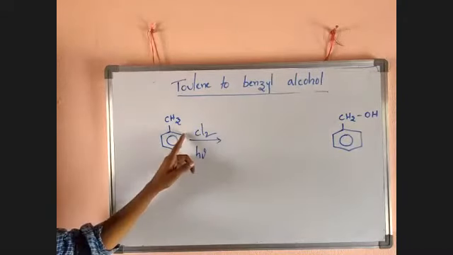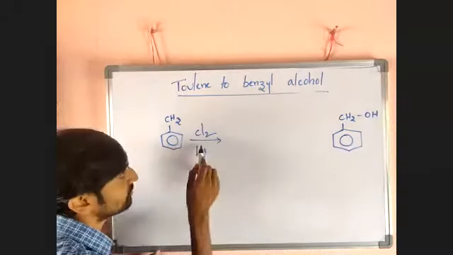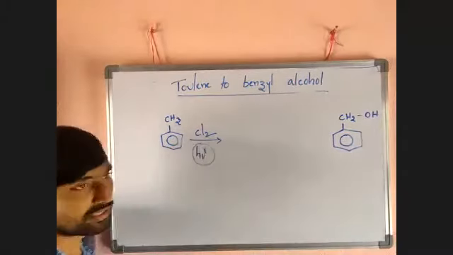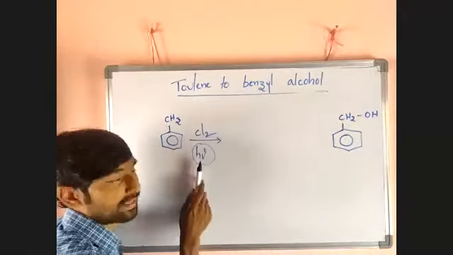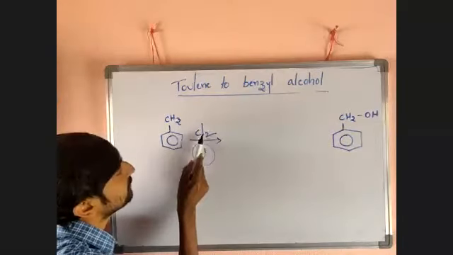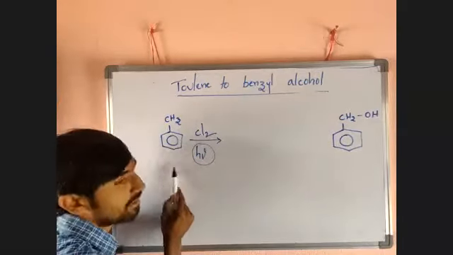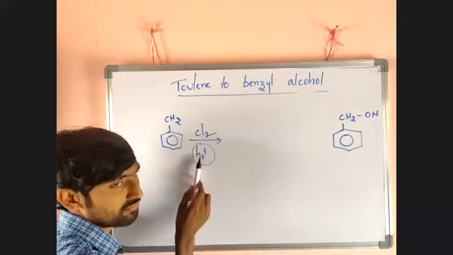It takes not at ortho, not at para. It is very important, guys. In presence of sunlight, or in presence of Lewis acid? Now, in the presence of Lewis acid the ring is involved, and Cl gets attached to ortho and para. But here it is not Lewis acid, it is sunlight. So those conditions are very important.